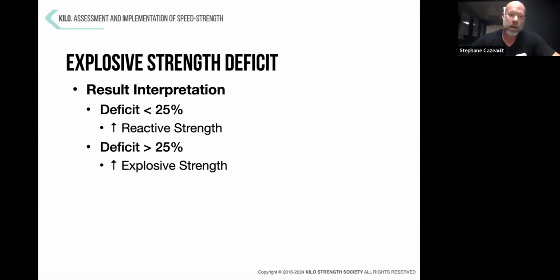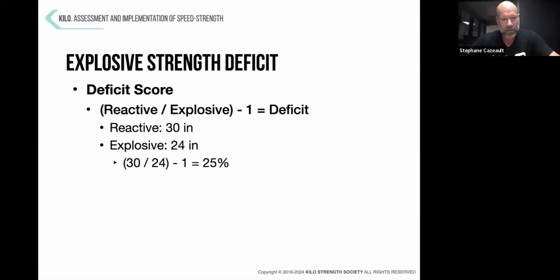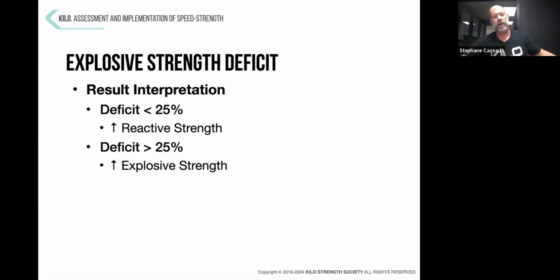Okay, so it's pretty straightforward when you think about it because, for example, if my squat jump is 24 and then somehow your counter movement jump is 25, if you only jump 1 inch higher, well, of course it's very clear, your deficit will be like 4%. It's very clear that you're lacking elastic energy, you're lacking reactive strength. So that's what we need to focus on. Okay, so that's why I like this test. You do it at the beginning of your SPP. It takes 5 minutes. You have the information now to guide your specific preparation phase